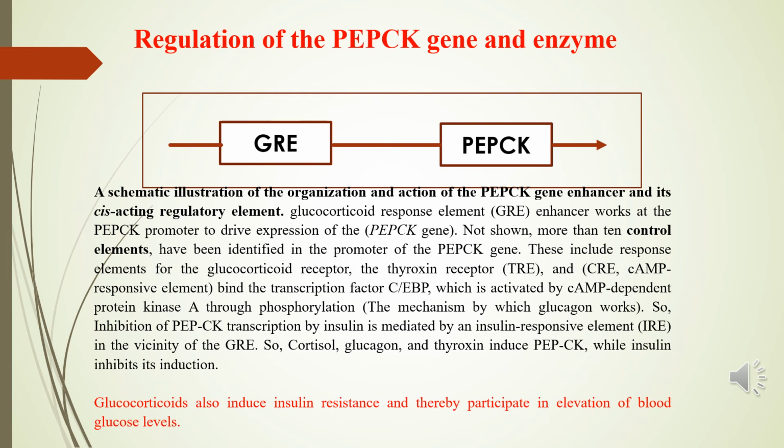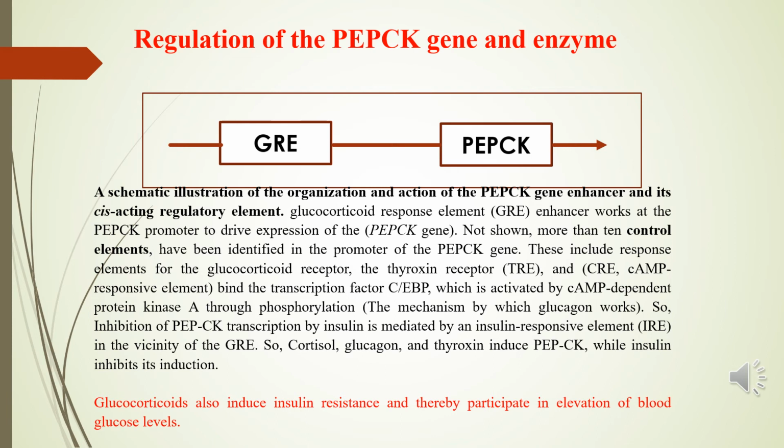cortisol and its receptor. And presented here is an illustration of the organization and the action of the phosphoenolpyruvate carboxykinase gene enhancer and the regulatory element, the glucocorticoid response element. Other control elements that are not shown in this figure include the thyroxine receptor, the cyclic AMP response element,